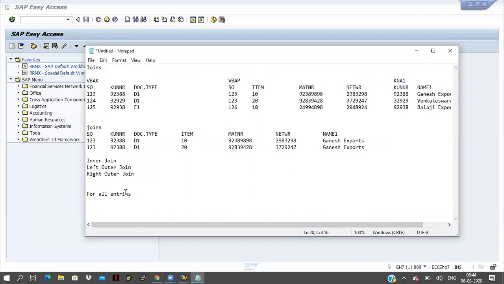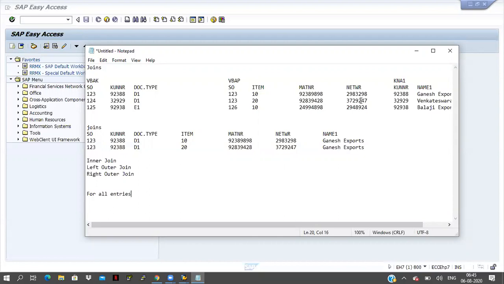As of now, I discussed that the record should be available in three tables. The sales document 1 2 3 should be in VBAP, and the customer number should be in KNA1. The record should be in all three tables, then only it will pick the data. That concept is called inner join. It will take only common data. Whatever number of tables we are taking in the select query, all the records should be available in all the tables. Then only it will pick the data. That concept is the inner join concept.